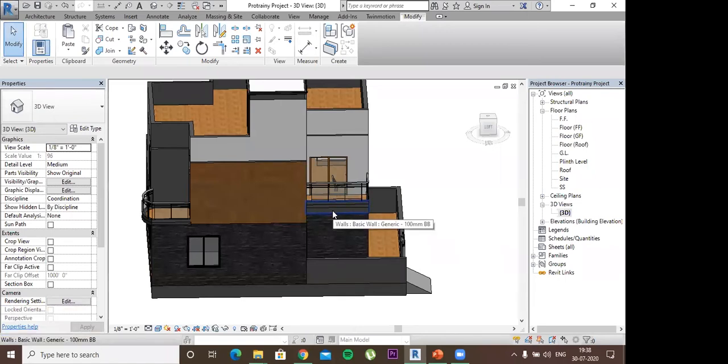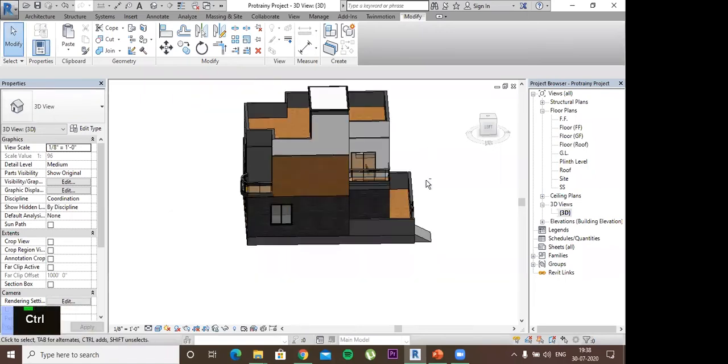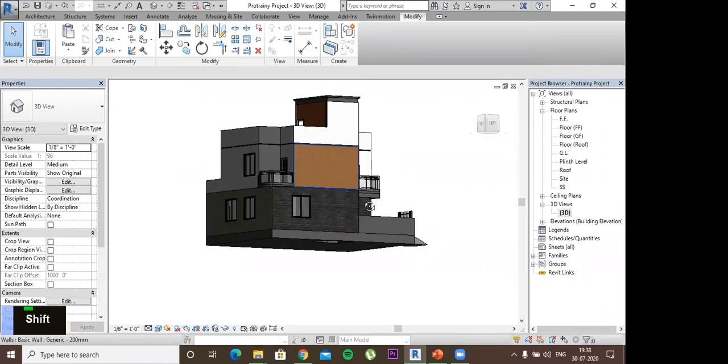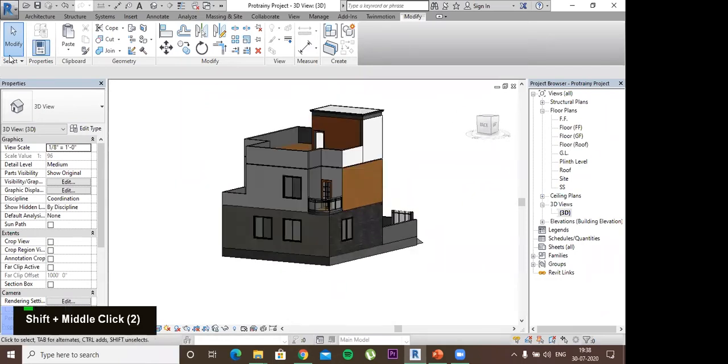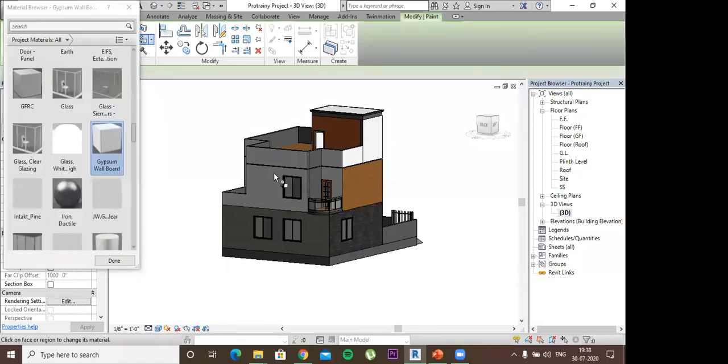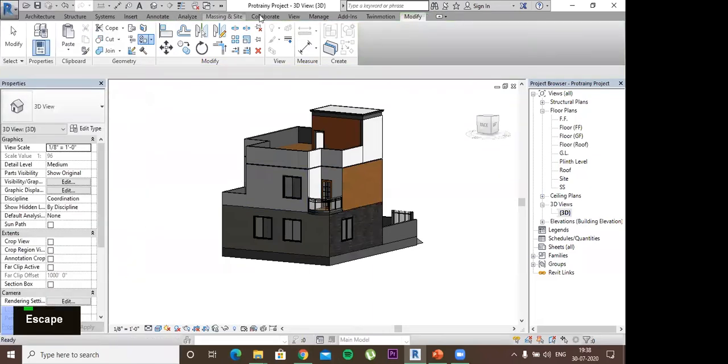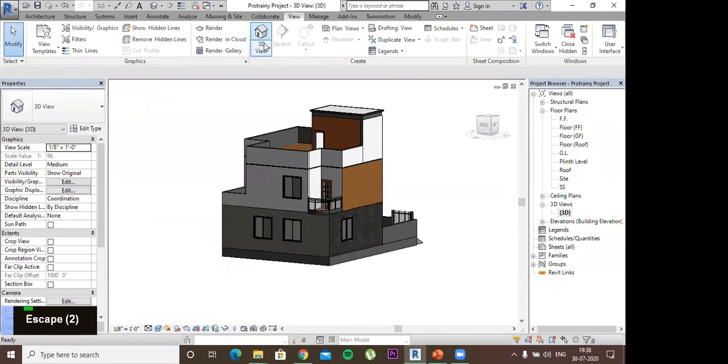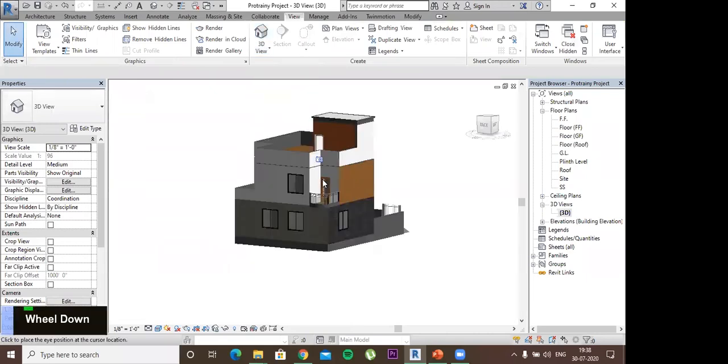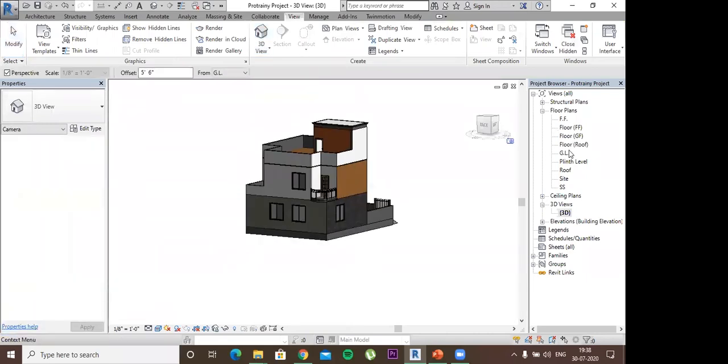Okay, so I'll just make the final render, and meanwhile we'll have a doubt session. For that I will go to this render option, go to view tab, create a camera view on the plinth level.